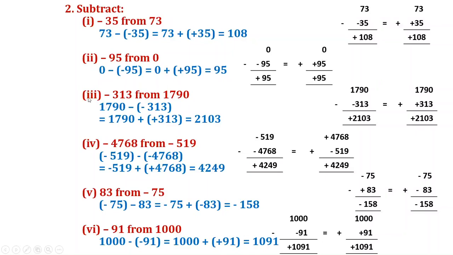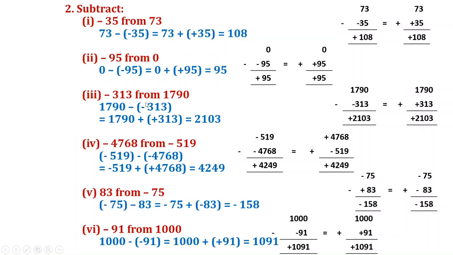The next, third problem: subtract minus 313 from 1790. So first, which number do you have to take here? 1790, minus of which number do you have to subtract here? Minus 313. Put it in the bracket. So first write the first number as it is, which is 1790, and change the minus sign as plus here,